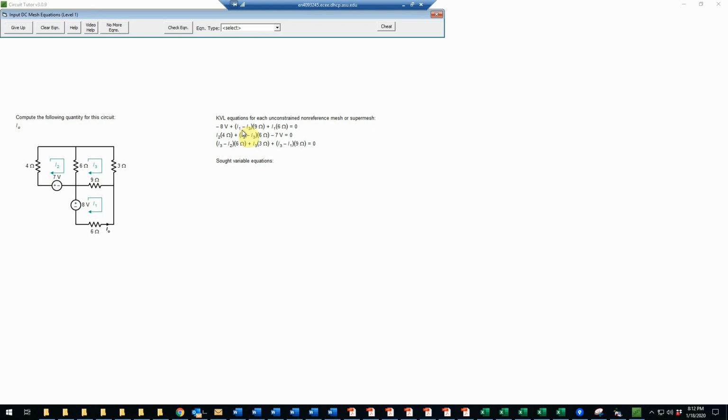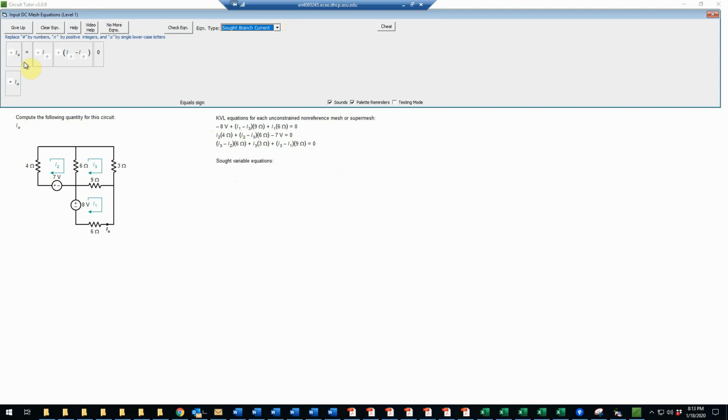And in the solution game, we are given the KVL equations, so we don't have to write those. But in level 1, we do need to write the SOT variable equations. In this case, it's a SOT current. So let's do that. So we'll select SOT branch current,